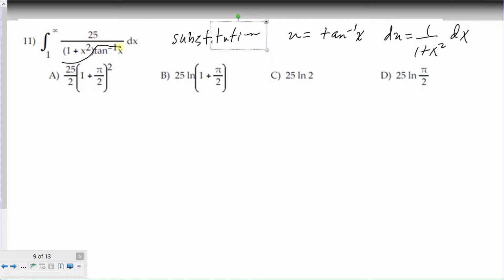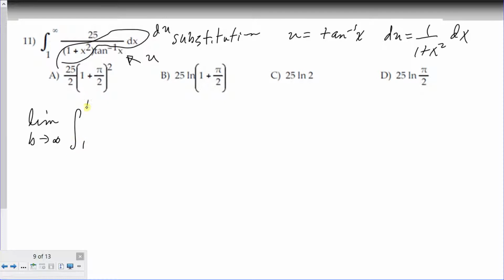So this part will be du, and inverse tangent of x will be u. So we want to take the limit as b approaches infinity of the integral from 1 to b of 25 over 1 plus x squared times inverse tangent of x dx